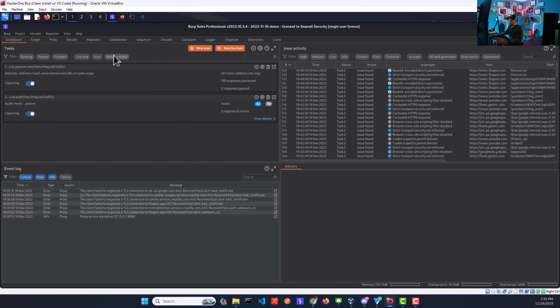You can filter some of these as well. I don't run into that a lot with bug bounty hunting. That's more of an enterprise type of thing, if you've got this hosted somewhere with automation, more like it's running like a DAST scanner. Not so much for bug bounty hunting. We have a couple buttons up here that we'll look at in a bit to actually start the scan, but